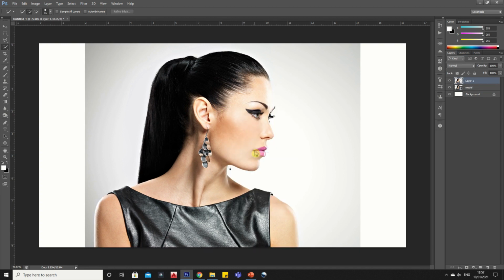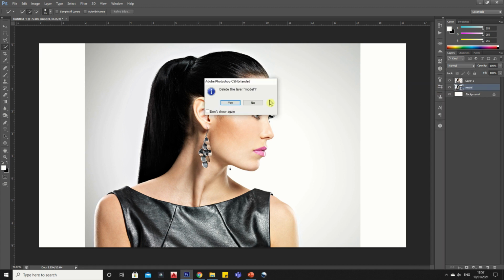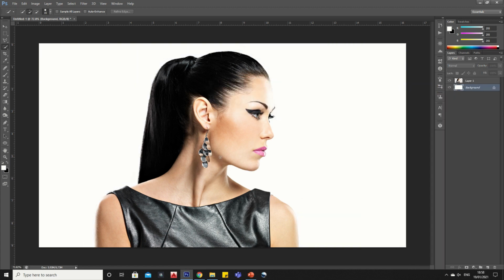Now press Ctrl+J to copy the selection and delete the old image. Select the Text tool and type the letter you want.